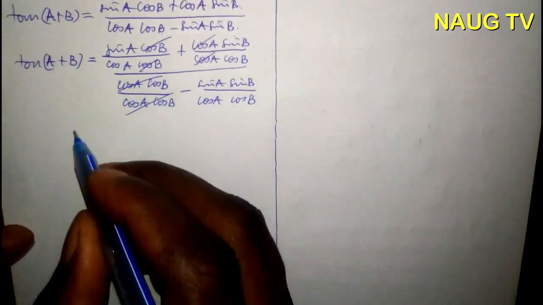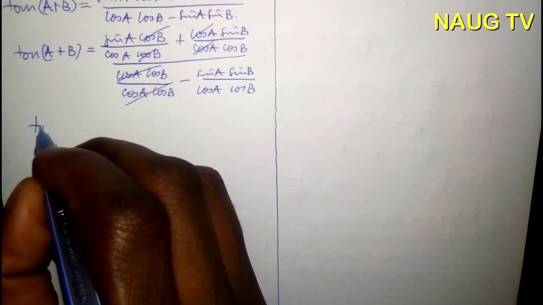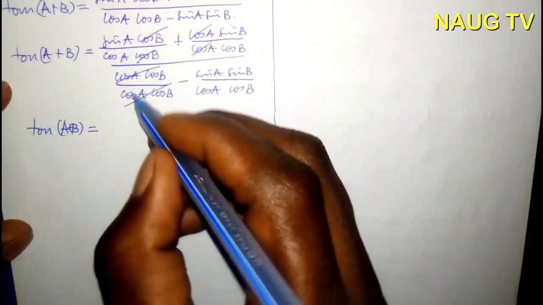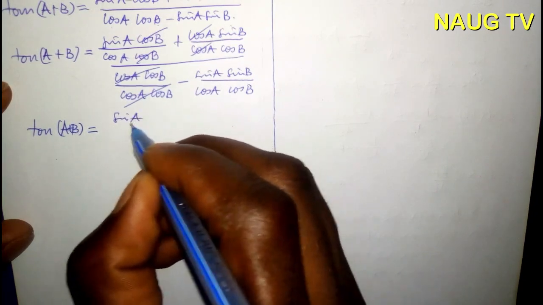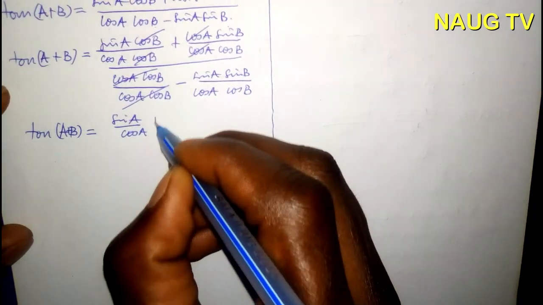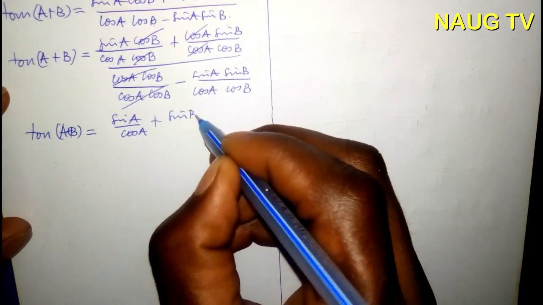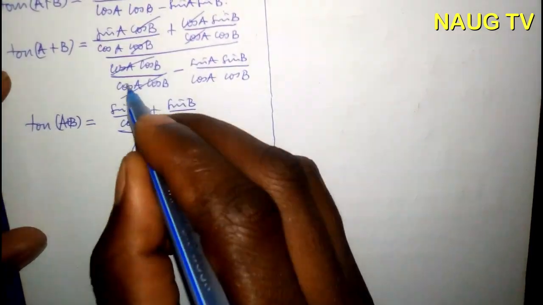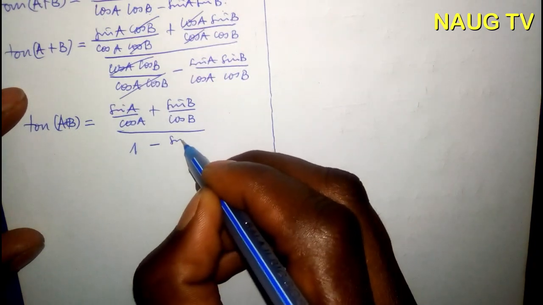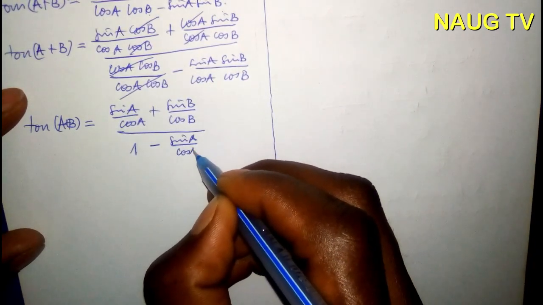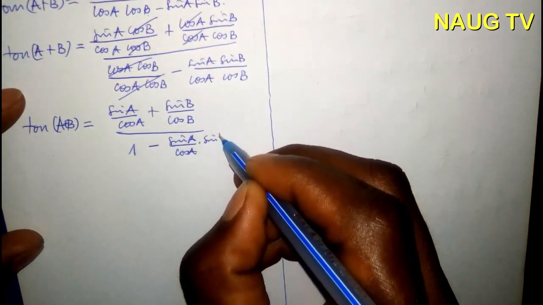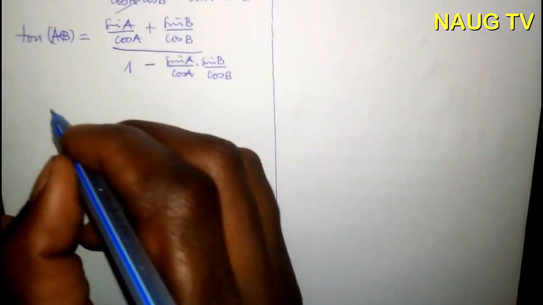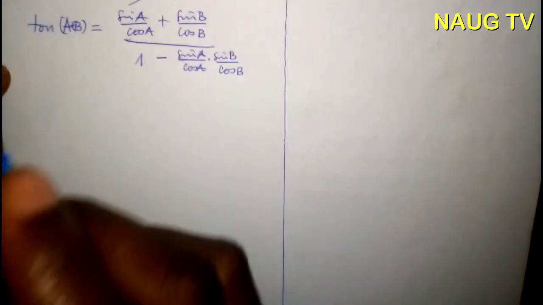So here you will remain with tan(A+B), which is equal to (sin A over cos A plus sin B over cos B) over (1 minus sin A over cos A times sin B over cos B), right? So here also the answer would become